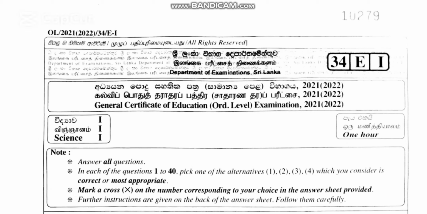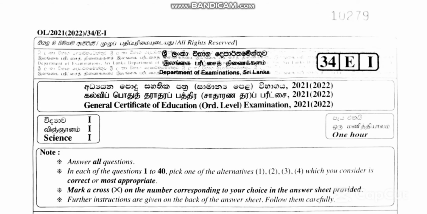So today is a very important video on my channel. I'm going to show you how to face the Science Ordinary Level paper, which is going to be held in April or May 2023. The final paper which students faced was the 2021 O Level. So you have to deeply analyze that paper, because it is very similar to the structure of your paper.